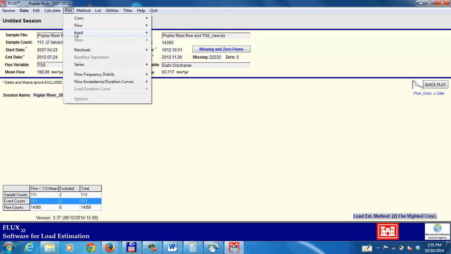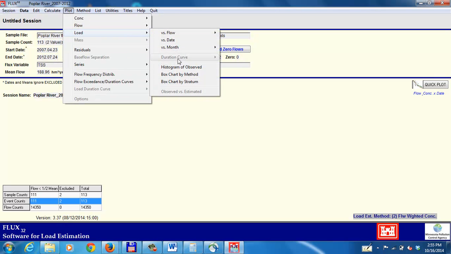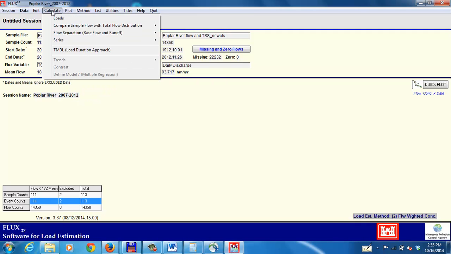If you want to plot a low duration curve with version 3.37, you need to first calculate with the TMDL approach. You notice that we can't use the low duration curve selection for plot right now, and that's because we haven't done that calculation. So you have to do this calculation first. Once you do that, then we'll see that for the plot we'll be able to do the duration curve. Alright, so here we'll select the TMDL approach,